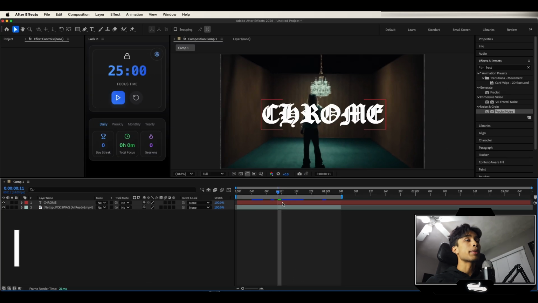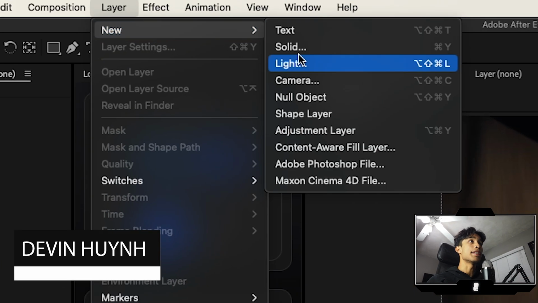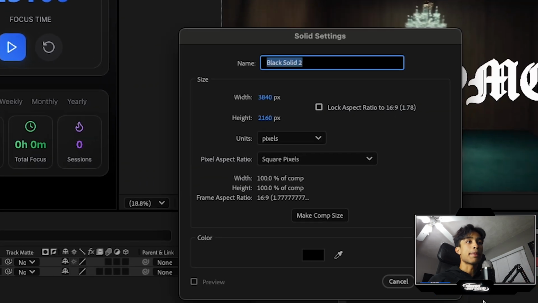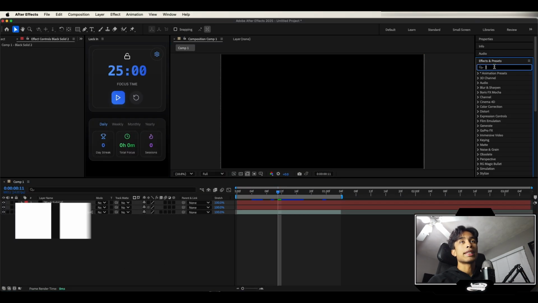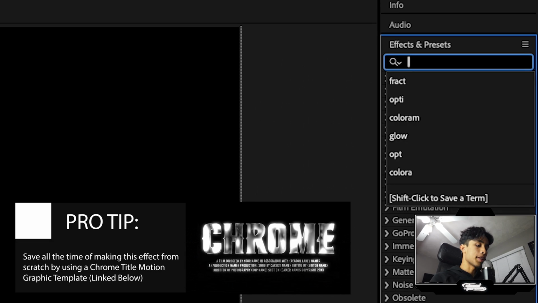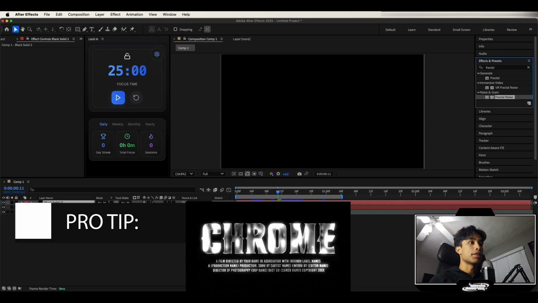So first up, right here we have our title and our music video. The first thing I'm going to do is go to Layer. I'm going to create a new solid, just name it whatever, and make sure it's a black color. Hit OK. Then I'm going to go to my Effects and Presets panel right here on the right. I'm going to search for the Fractal Noise effect, and I'm going to apply that Fractal Noise directly to my